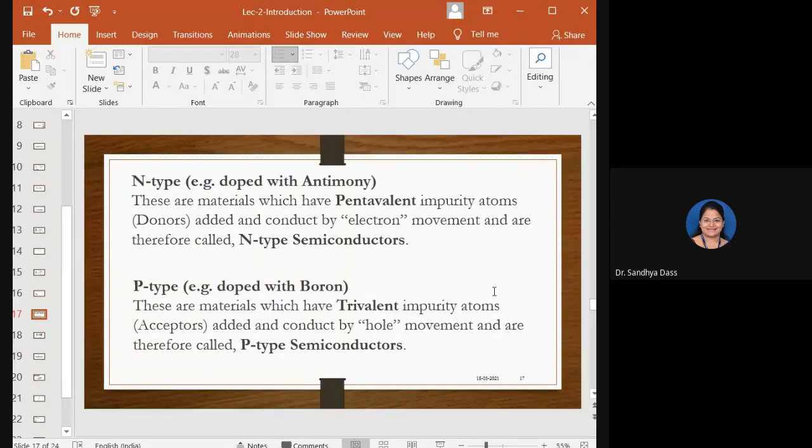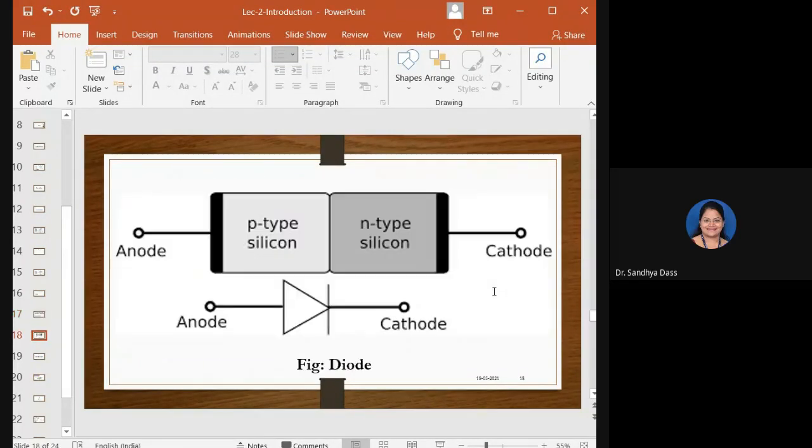So a pure semiconductor crystal, like a germanium crystal, in a pure state is an intrinsic semiconductor, right? And there are no free electrons and holes in an intrinsic semiconductor to produce a usable current. So the electrical action of these can be modified by doping, that is, adding impurity atoms to a crystal to increase either the number of holes or the number of free electrons in them, right? That is what we have discussed till now.